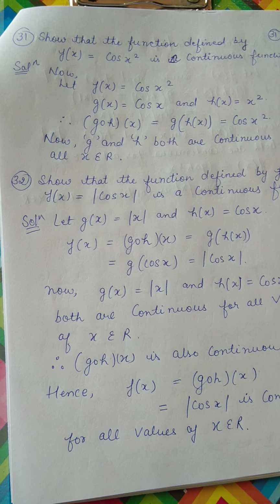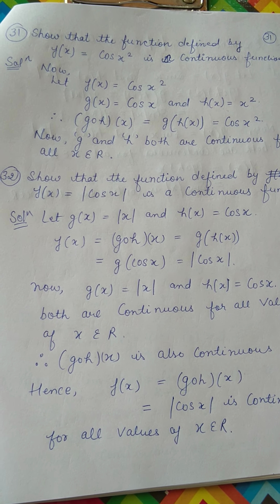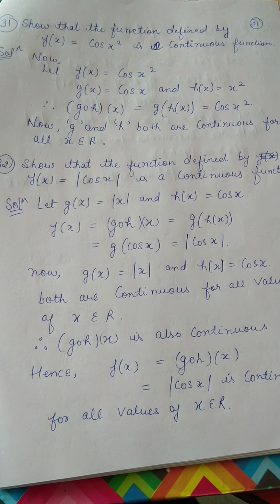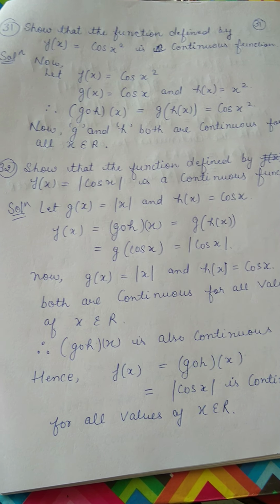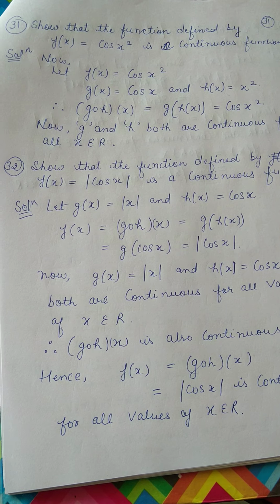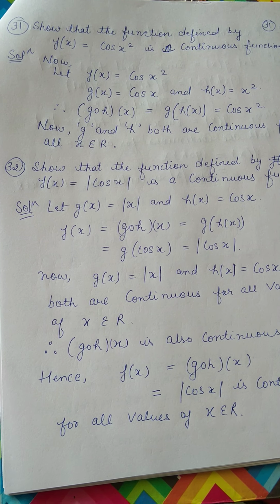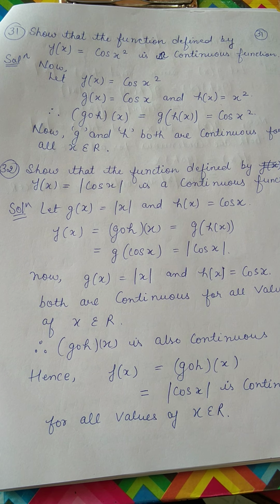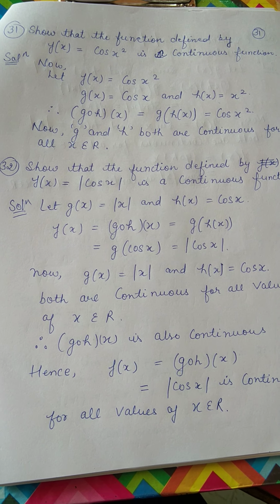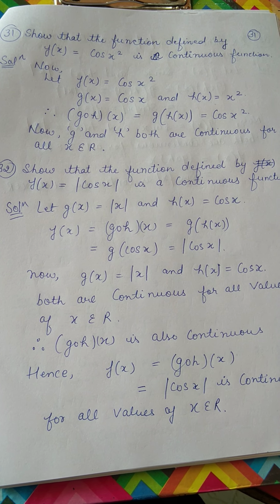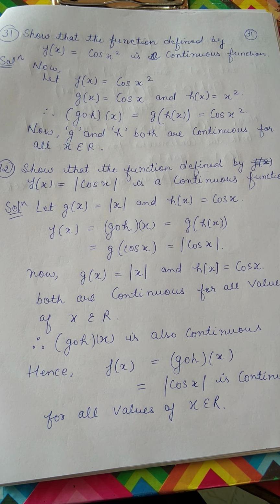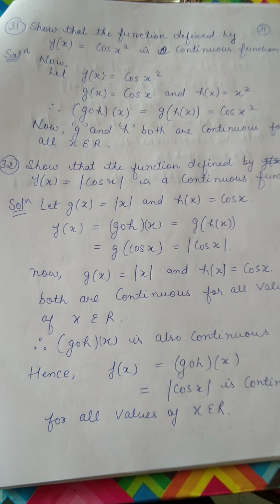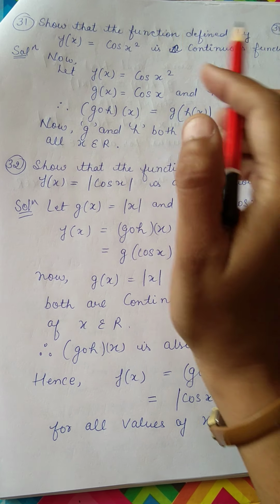Very good morning, students. As you all know, till now we have completed 30 questions of exercise 5.1, chapter 5 of your mathematics. Today I am going to explain question number 31, 32, 33, 34 and a few basic extra questions. Clear, children? Now just have a look over here.